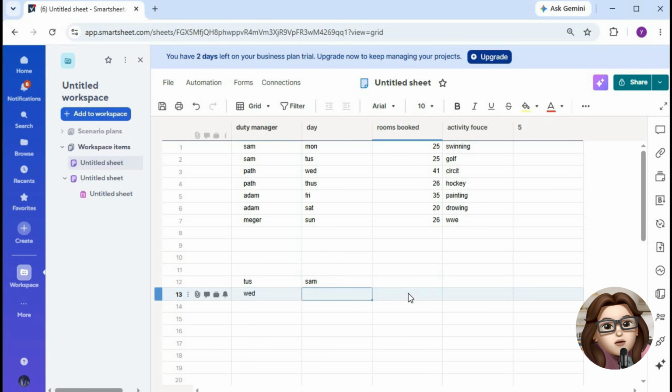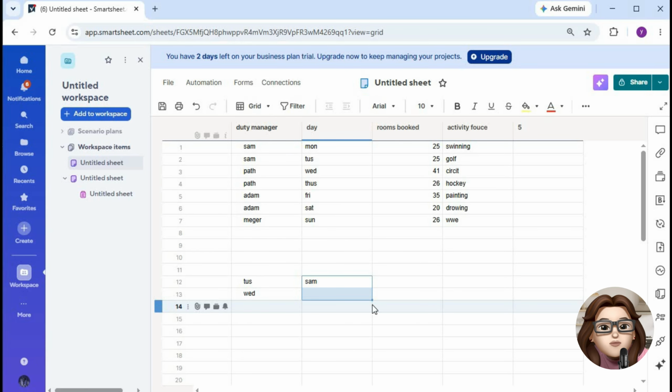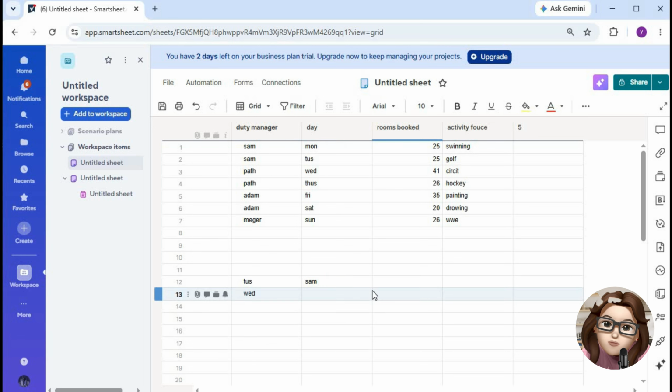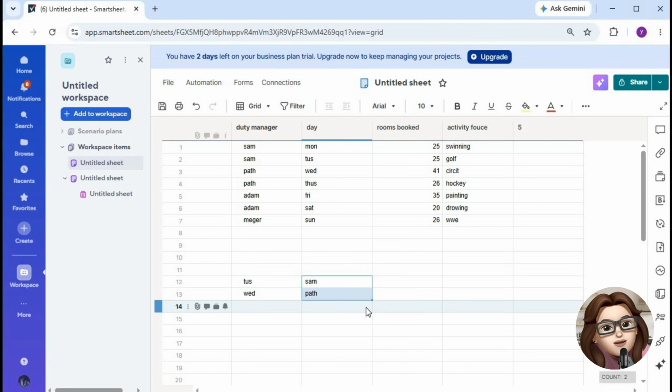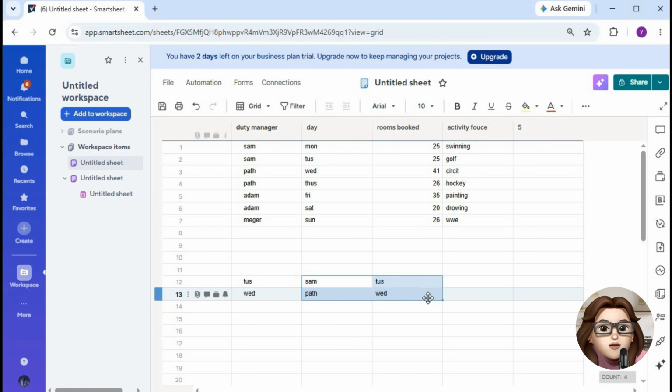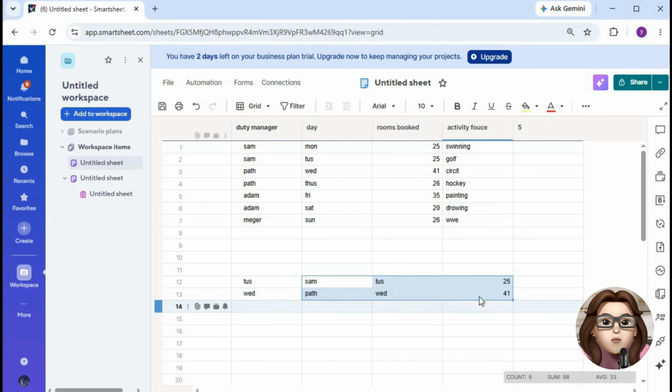After building your formula, press enter and verify that the correct value appears in the result cell. Test the formula with different lookup values to confirm that it updates dynamically and returns the correct information each time. Index and match are especially useful for cross-sheet references, project tracking, reporting, and large datasets where you need flexible and